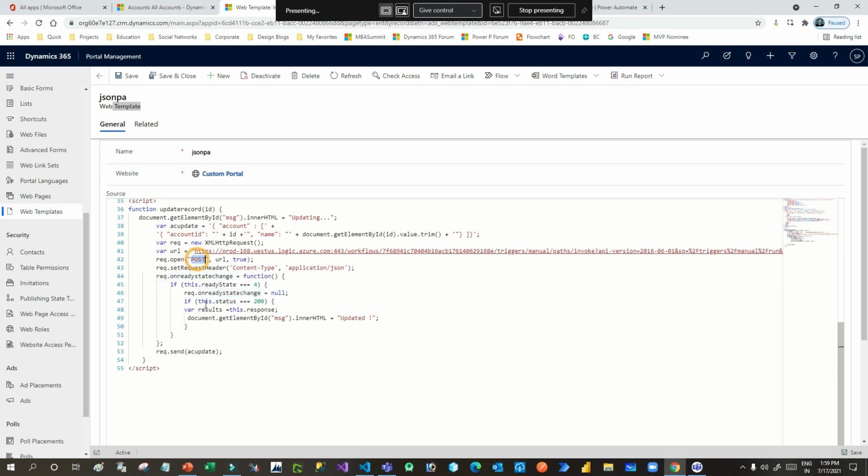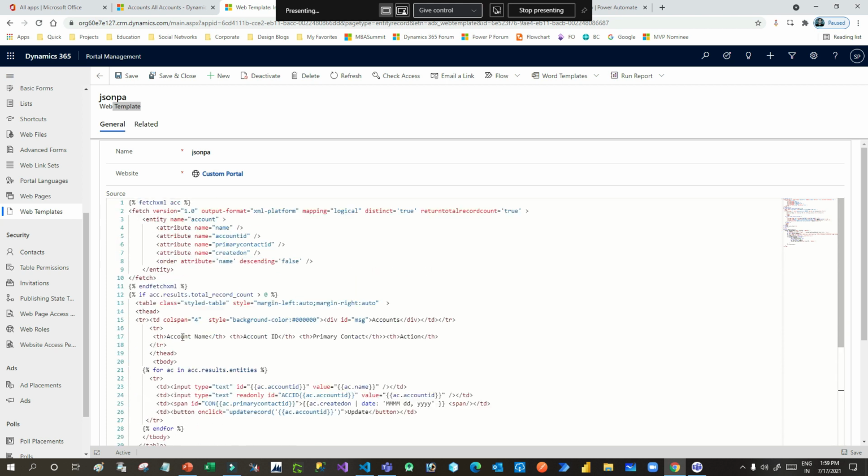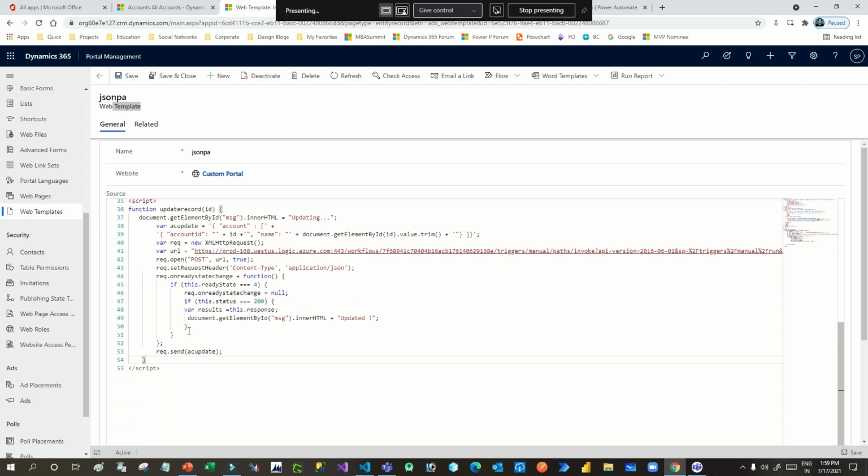I am using POST, and I am passing the URL, and here I am capturing the response of the Power Automate. If the HTTP response is 200 or success, then I capture the response from the Power Automate using this response object, and I am displaying that response inside this message, right? It looks very simple, how to call a Power Automate just using this URL.